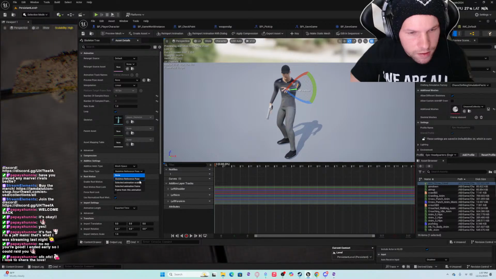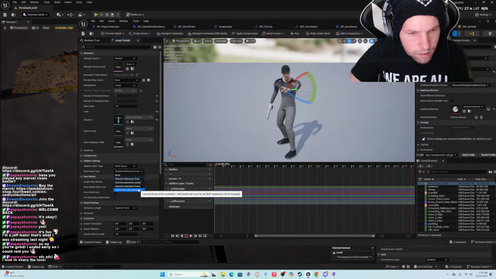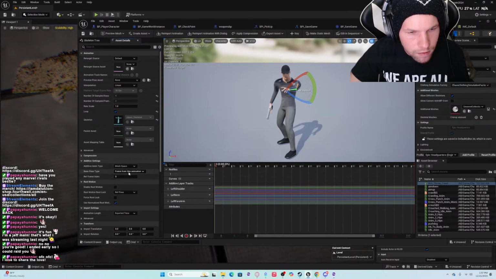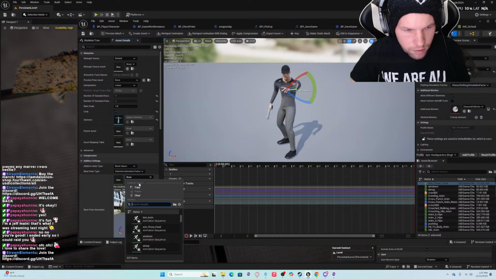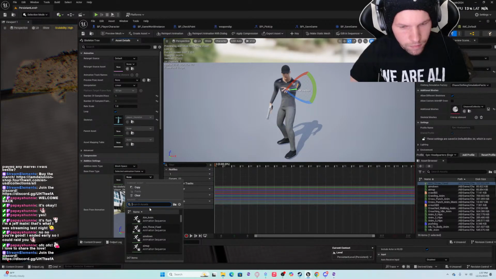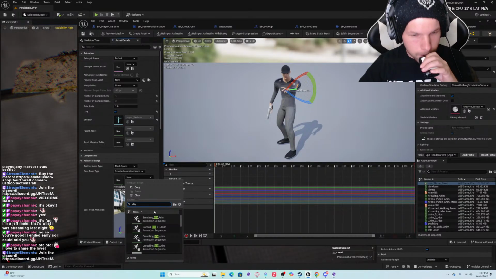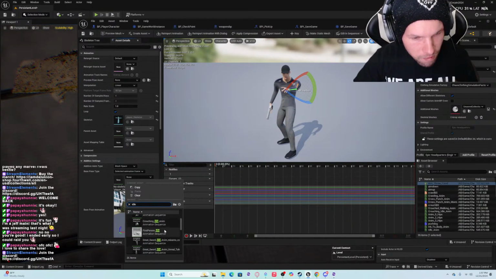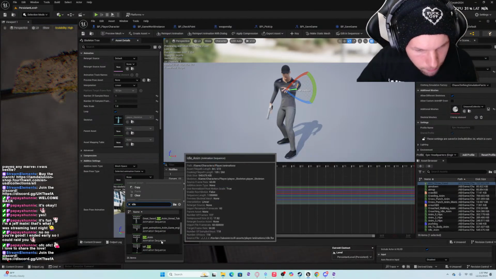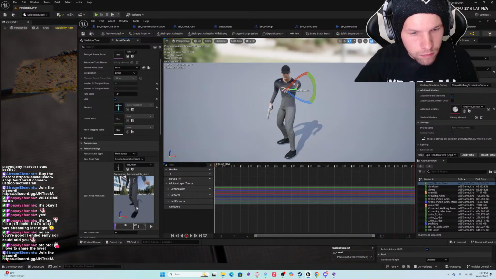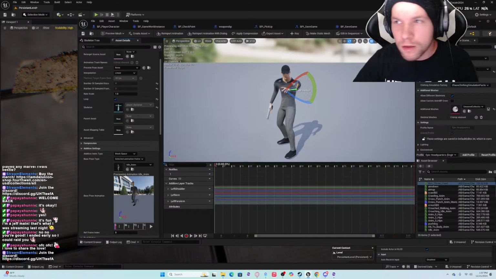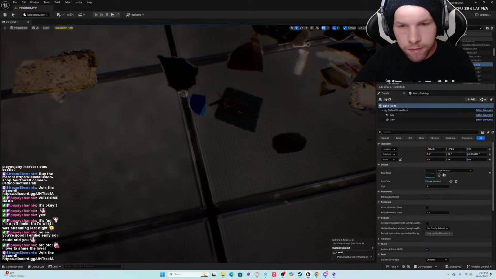Mesh space. Action frame. Idle. And it's freezing up. Save. Let's try it again.